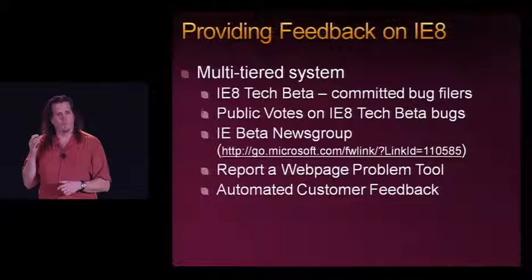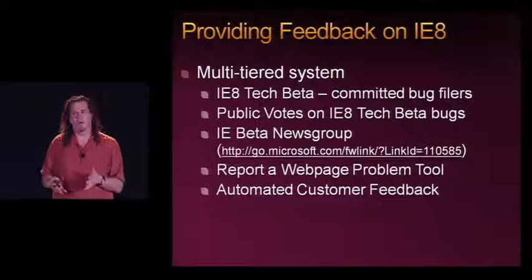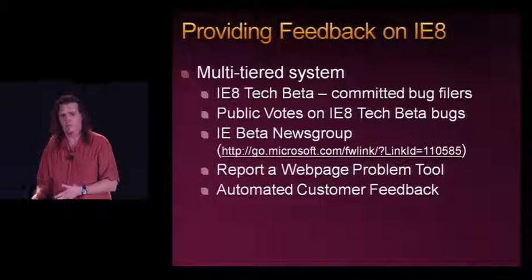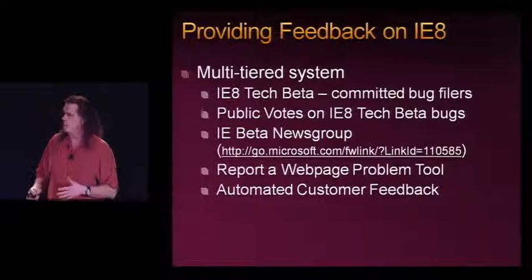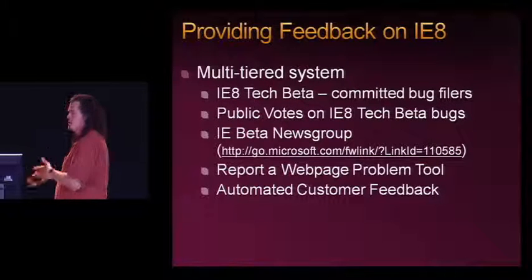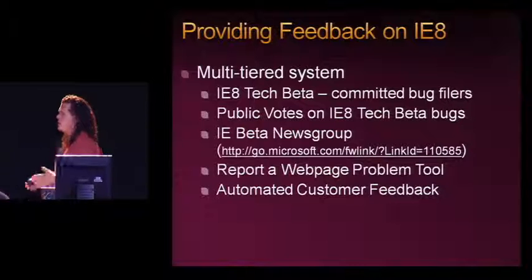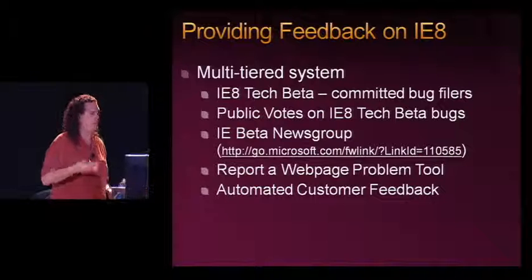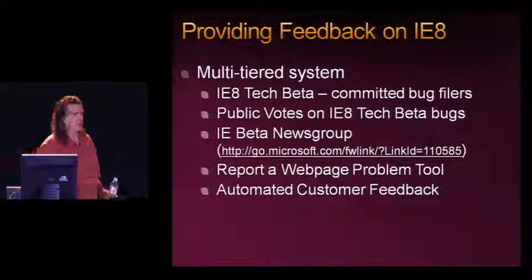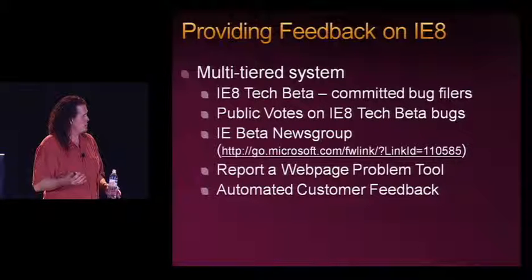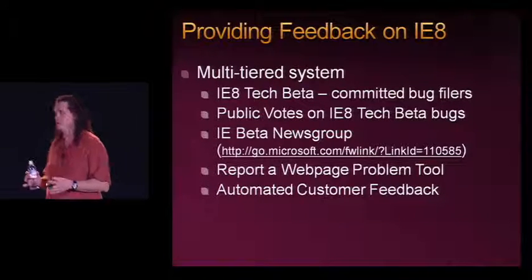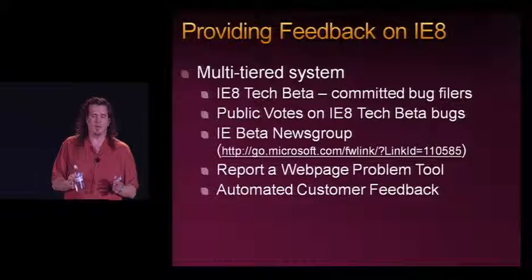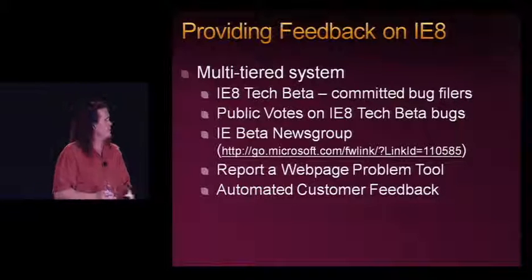The next thing, though, is that we really want everybody to be able to help prioritize what we do. So we're opening up public voting on those bugs. Anyone can look at the bugs. Anyone can dig through and see if their problem is a known issue. You can also vote on it and tell us, hey, this is really important to me. If, on the other hand, you don't have access, you're not in the technical beta, and if you are interested in being in the technical beta, please let me or someone else from the IE team know, because we do want more people to do that. Then you can go to the IE beta news group, post there. There are tons of people who sit there and look for bugs and want to help resolve those issues.